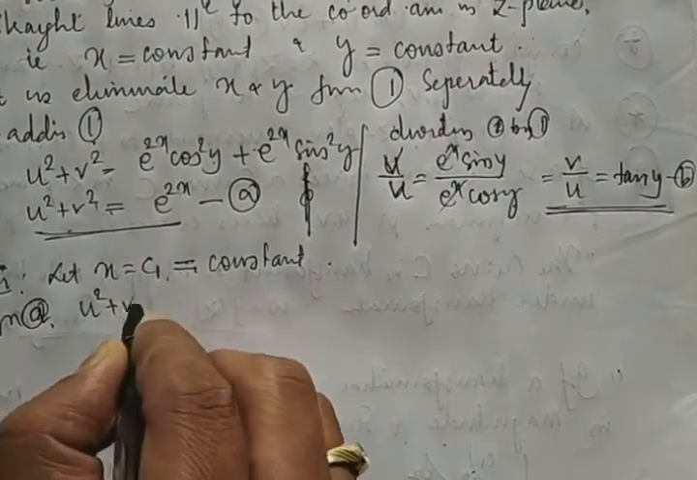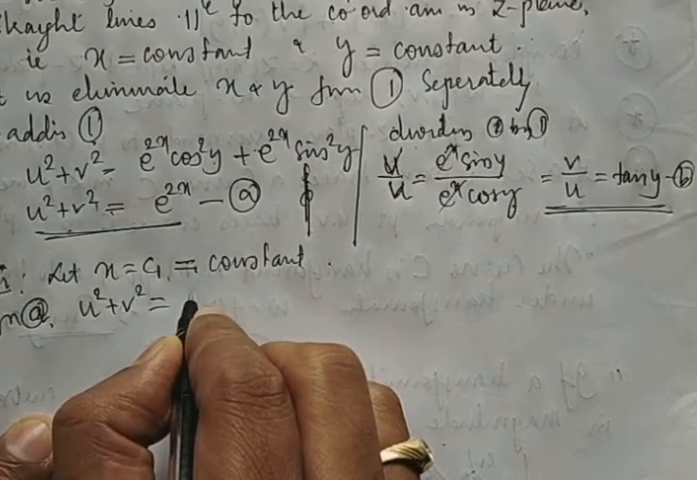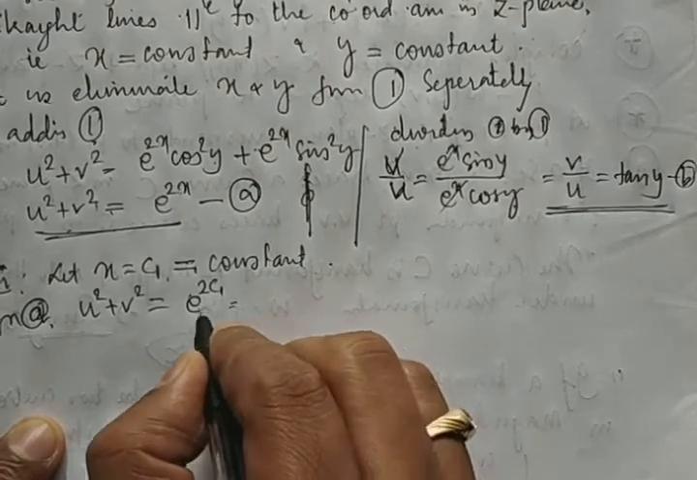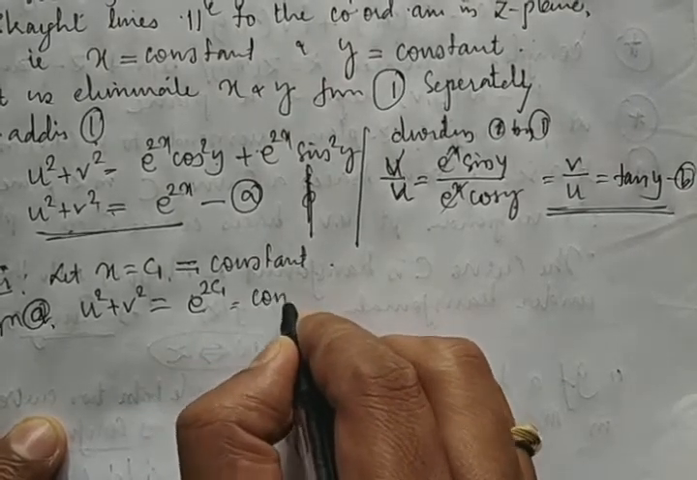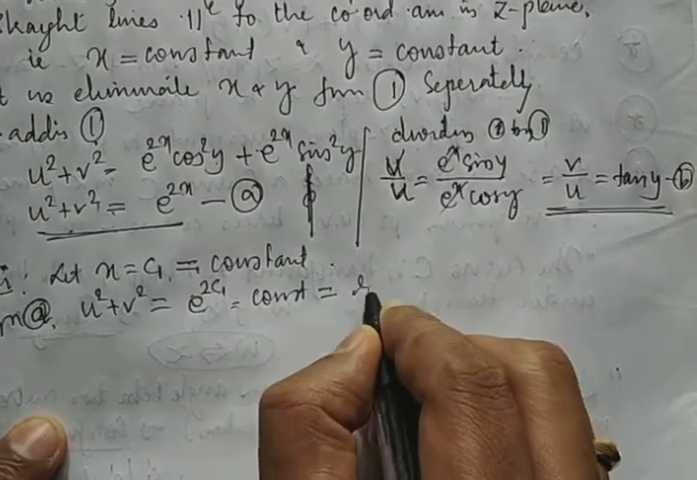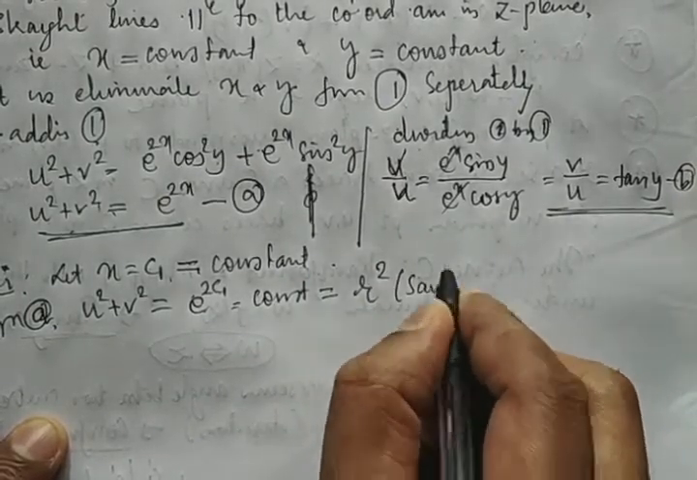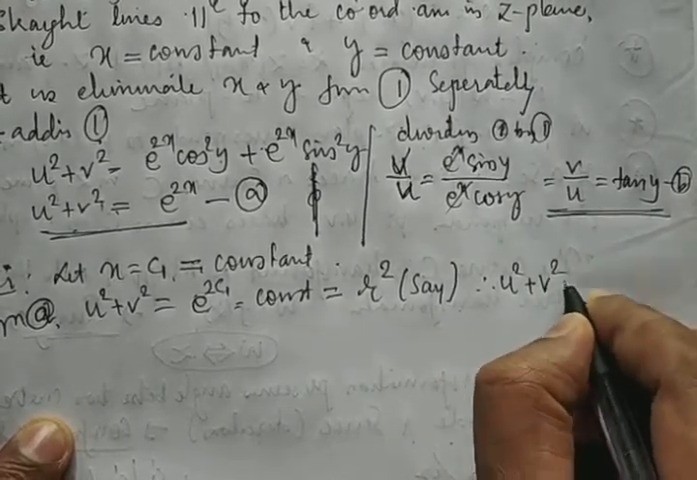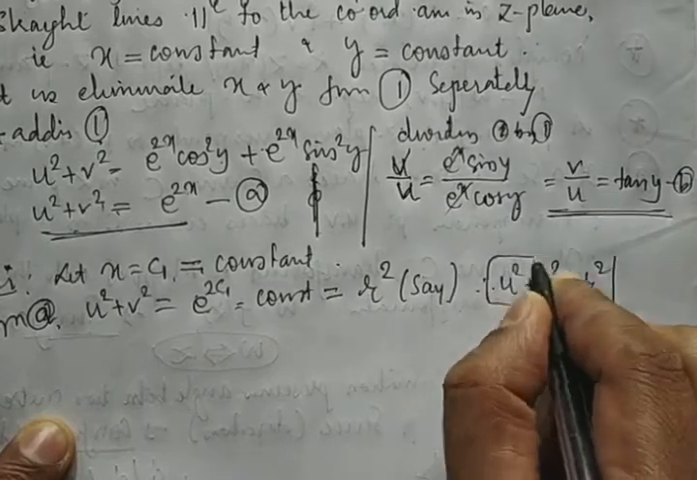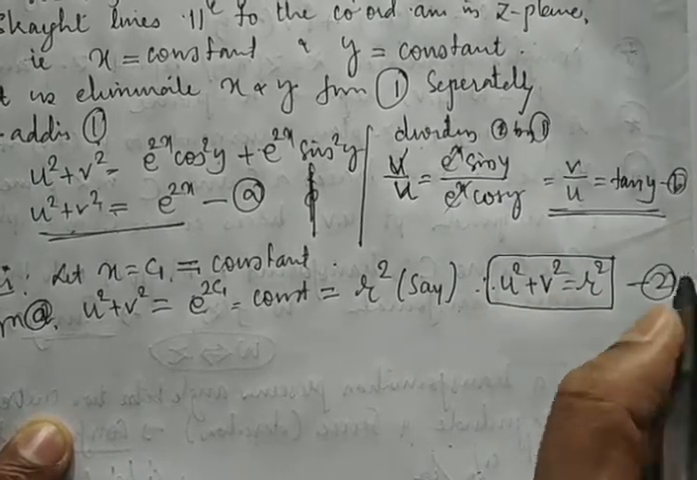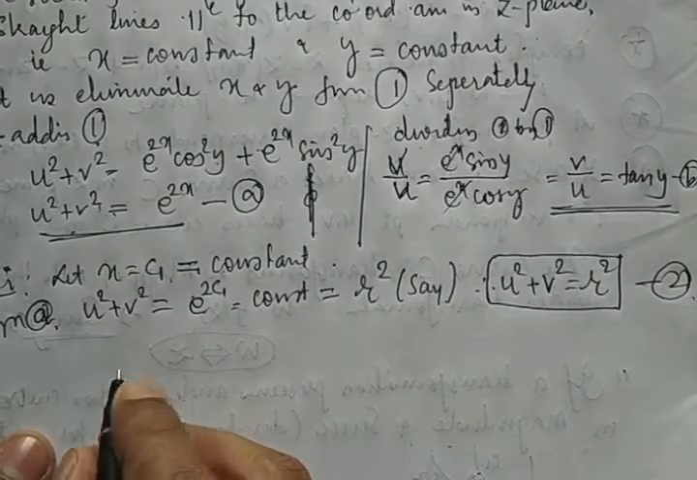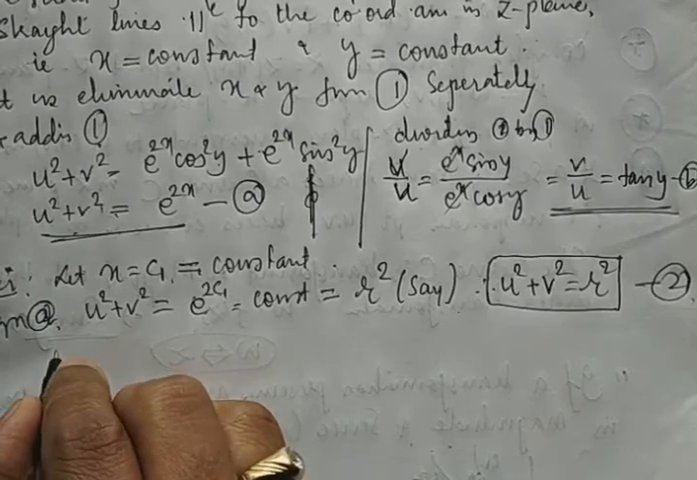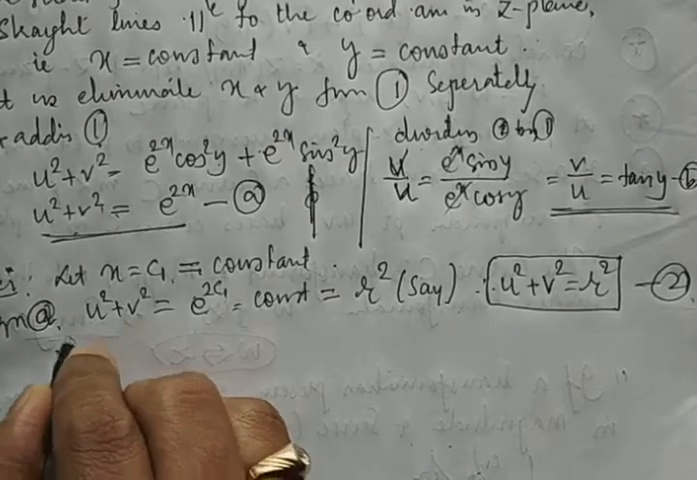u square plus v square, which is equal to e raised to 2 times c1. We can see e raised to 2 times c1 again becomes a constant. When it is a constant, let us say it is equal to r square. Therefore we got u square plus v square is equal to r square. I call it equation number 2. Then what does this represent? Equation number 2 represents